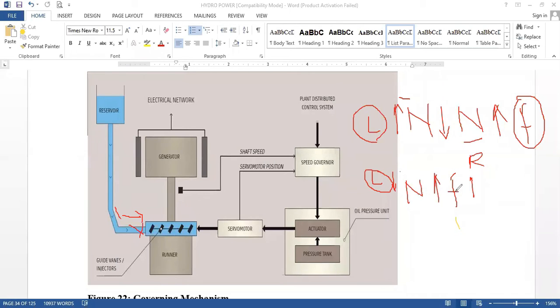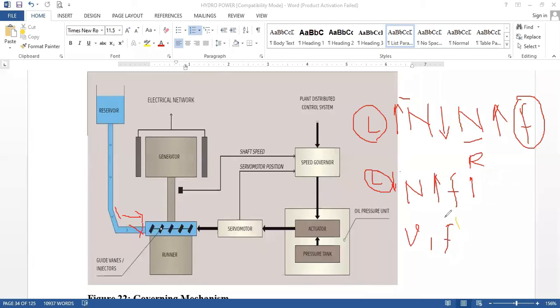So if we are able to control the speed near its rated value, we are able to control the frequency. The requirement of the electrical power system is that the utility always needs to supply power at constant voltage as well as constant frequency. So most importance is given to these two quantities in the power system.